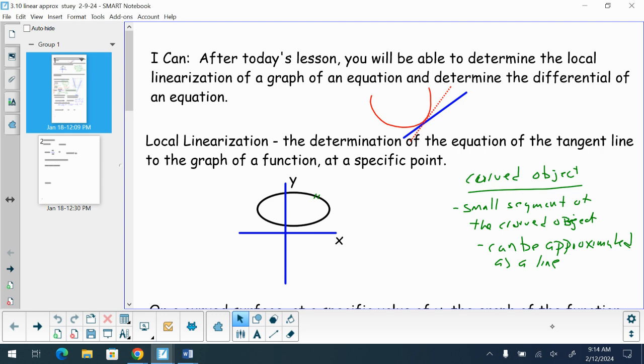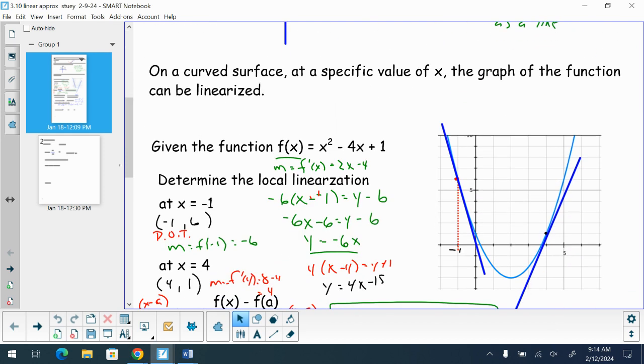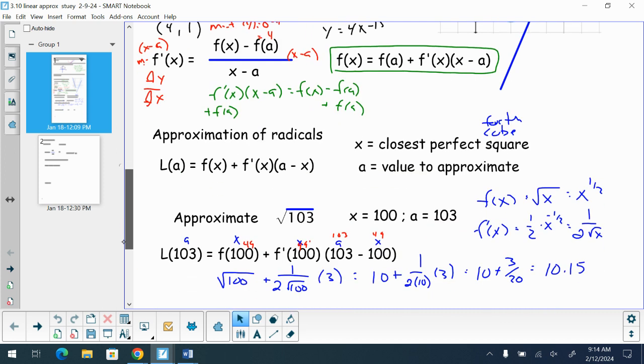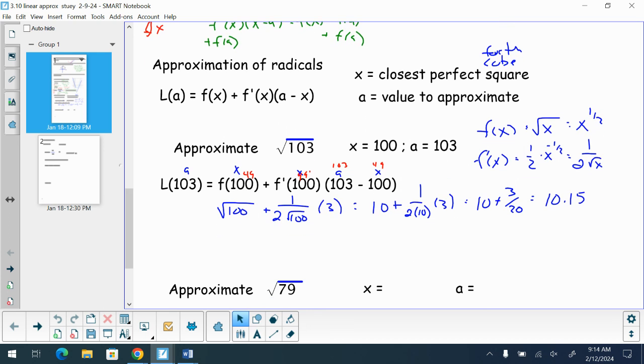Which is sort of nice, because that was a little bit easier thing as we go back and look at the idea of linearization or a tangent line, and how we determine our tangent line. Then we started looking at approximations of radicals, and we can use local linearization to approximate our radicals. We look at the square root of 103. We have, looking at a local linearization